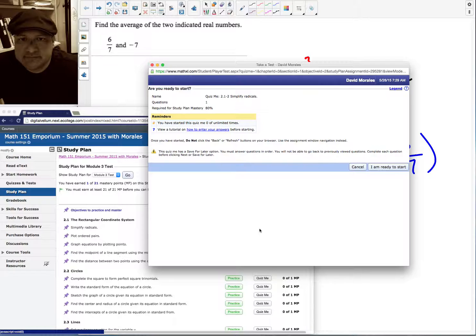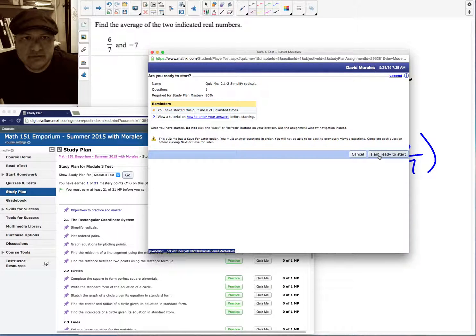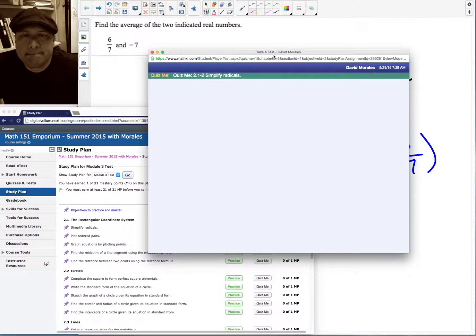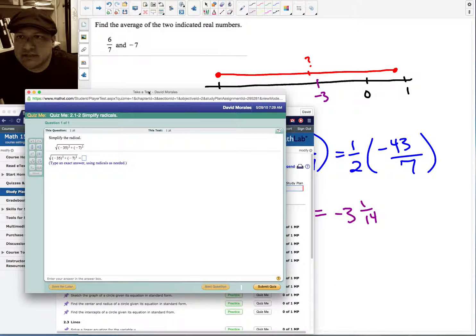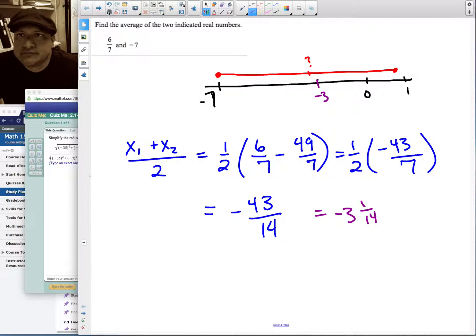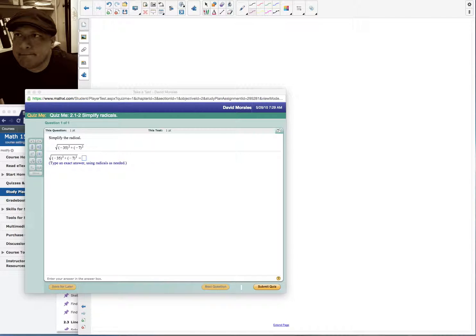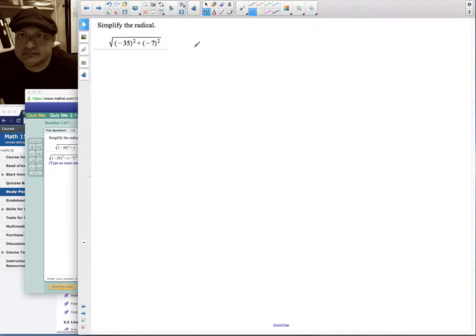Simplify radicals. This is going to be important because when we do the distance formula, we're going to have radicals. Okay. Simplify this radical. So here we're going to deal with each one first. So 35 squared is, I'll just kind of do that on the side here. 35 times 35 is